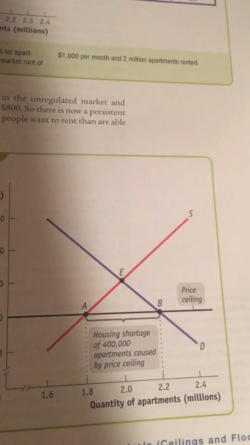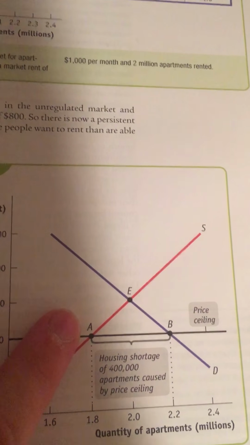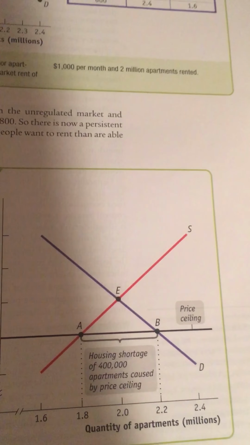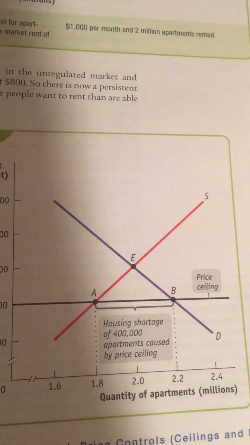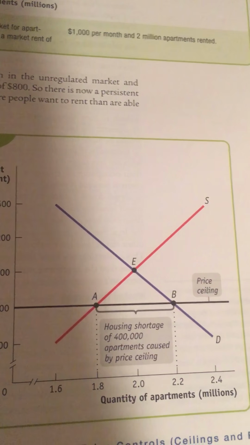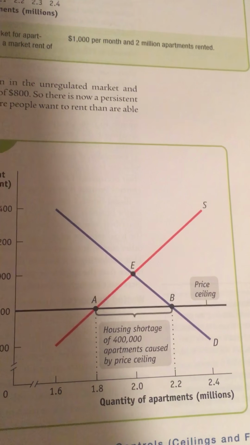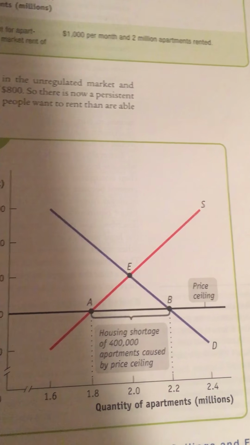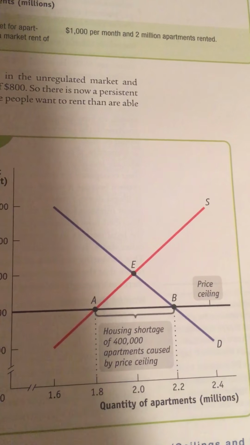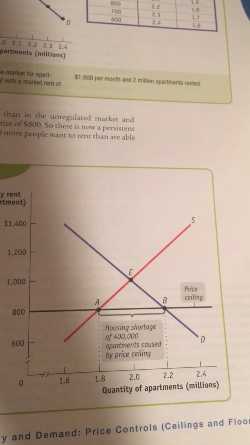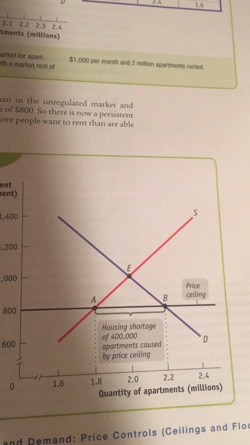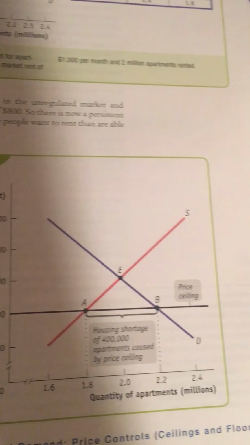They will choose point A on the supply curve, offering only 1.8 million apartments for rent. That is 200,000 fewer than the unregulated market. At the same time, more people will want to rent apartments at a price of $800 than at the equilibrium price of $1,000, as shown at point B